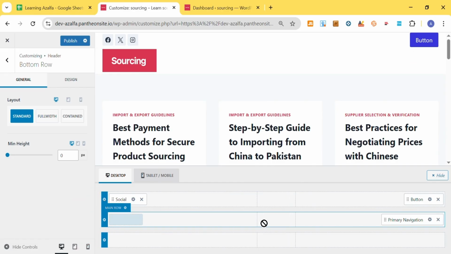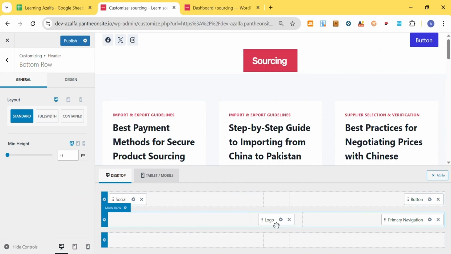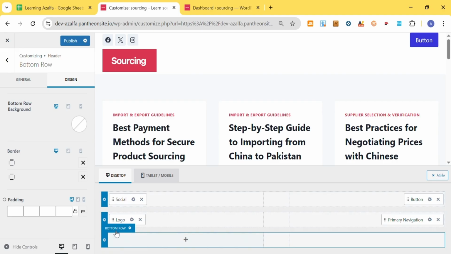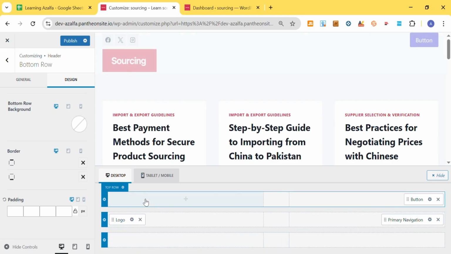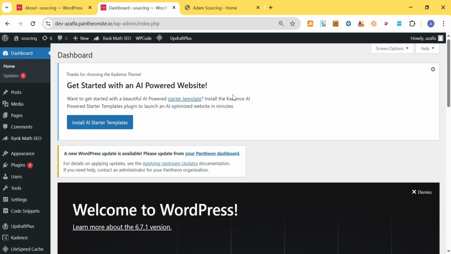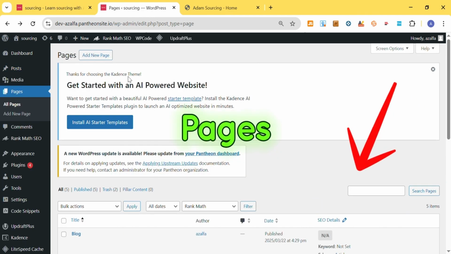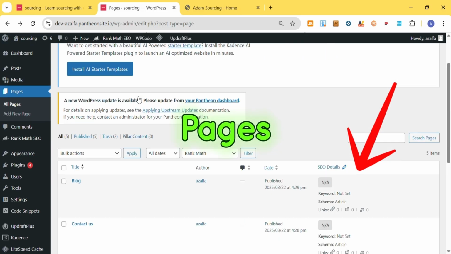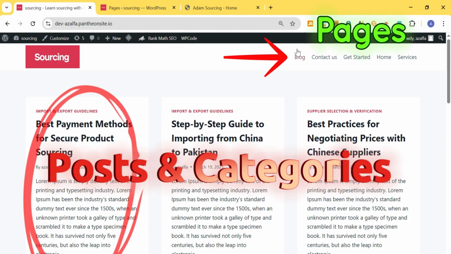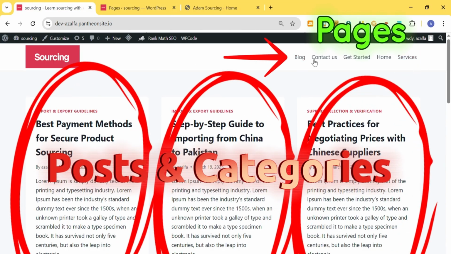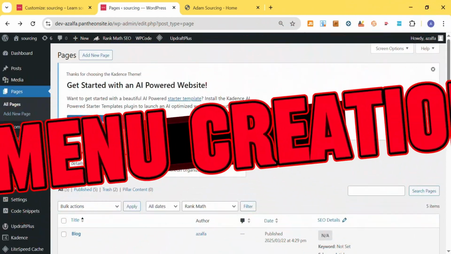Now you can drag and drop anything you want to show anywhere on the website. Within each row, you can add and remove items depending on your website. I have created posts and pages for my site that you are showing here. Now after adding posts and pages, our site looks like this, but I want to change my primary navigation, so